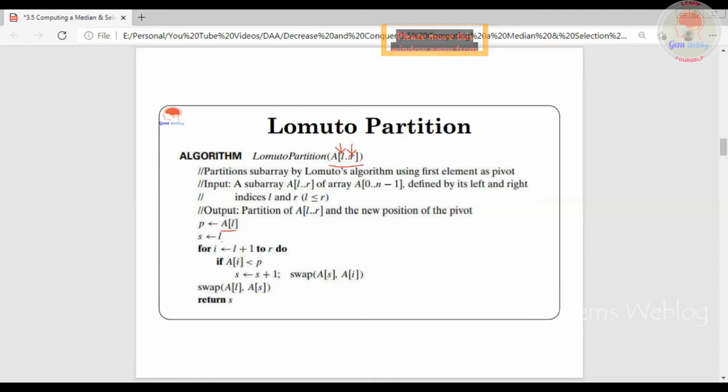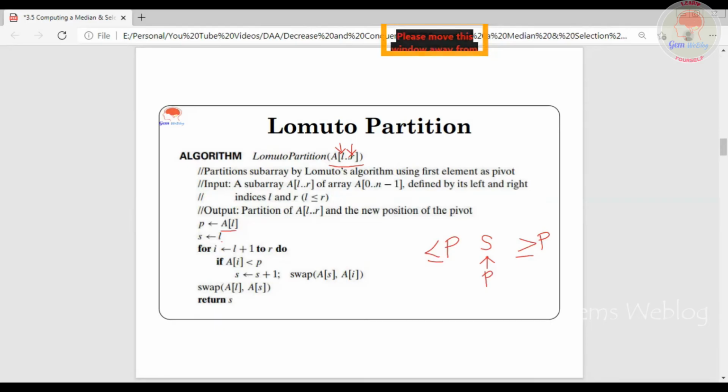At the end, the elements which lie before S will be less than the pivot element and those after S will be greater than or equal to the pivot element. So after this Lomuto partition, this is the constraint.